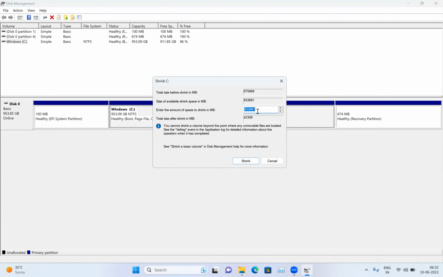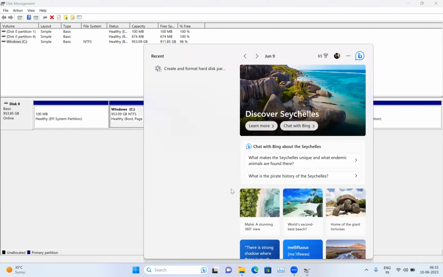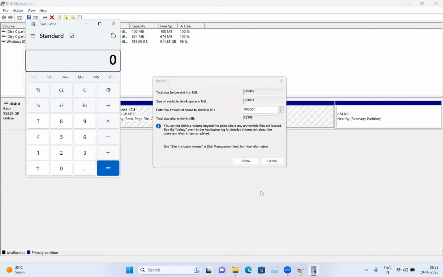So I have to enter how much space I want to shrink here. If you don't know, 1 GB is equal to 1024 MB, 1024 megabytes. So let me calculate that. Let me open a calculator. So this is my calculator. And I want to create a 250 GB